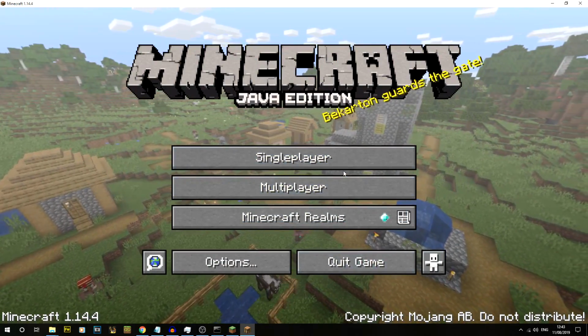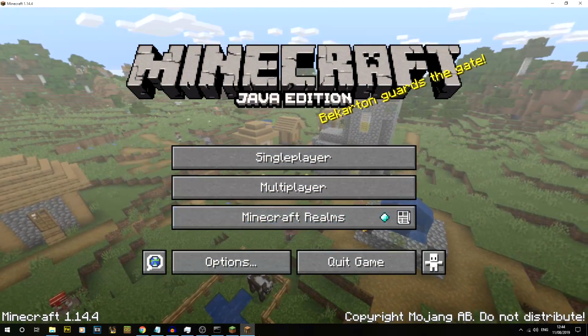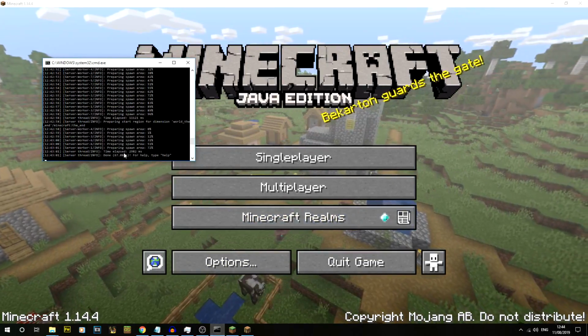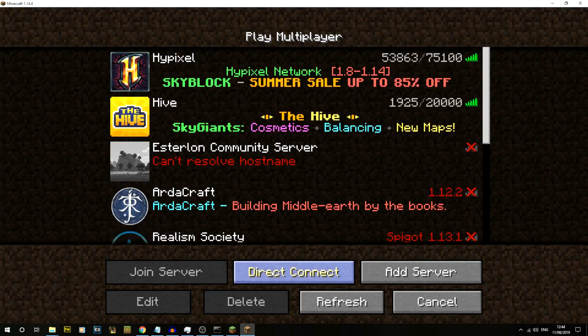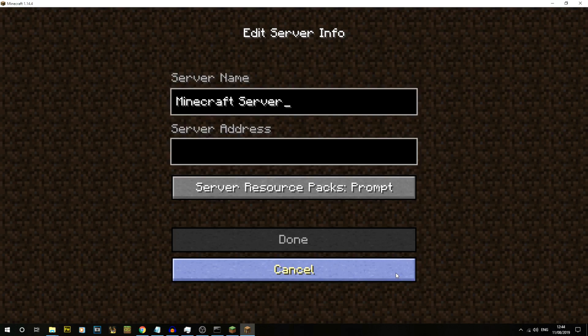So there we go. Minecraft 1.14 is up and running. We've got the server up and running. We can see that it's done. It's all happy. So how do we actually join it? Well, we go into multiplayer, and then we can either do direct connect or add server. I'm going to add server, Minecraft local server, and we can put in localhost